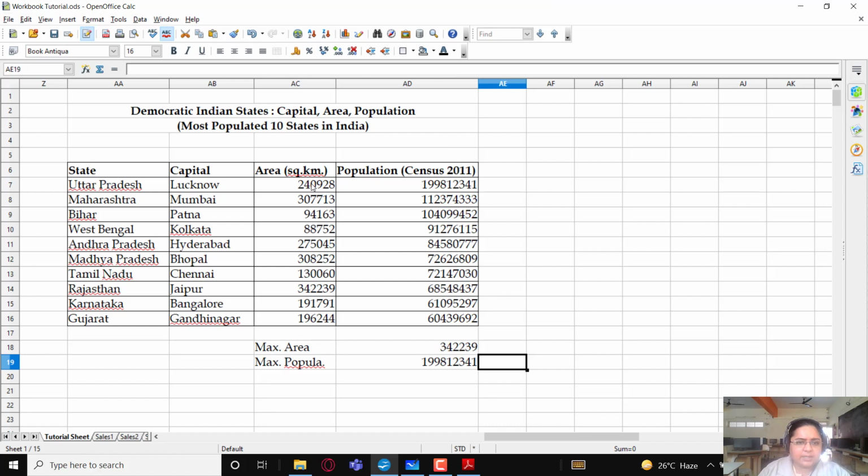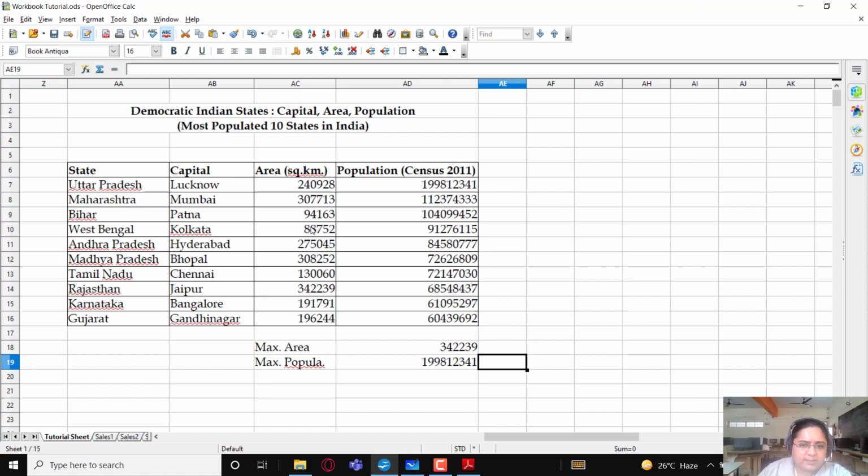Suppose here I need to arrange the entire table in such a way that it shows all the states and their capitals in the descending order of their population. Suppose I want to show the state and its capital with the highest population first. So what am I going to do?